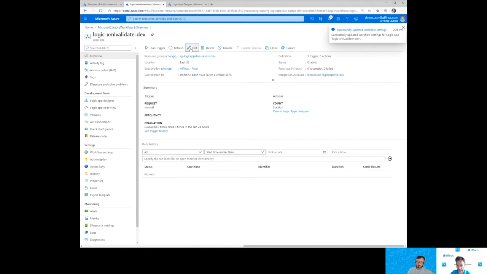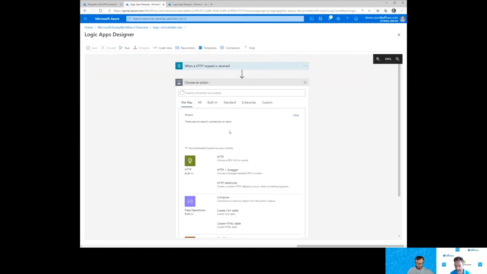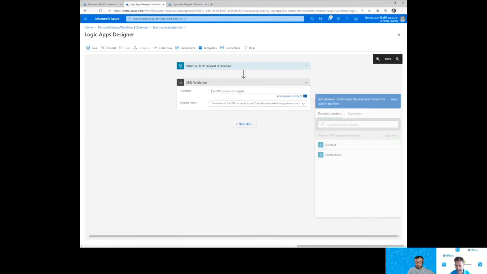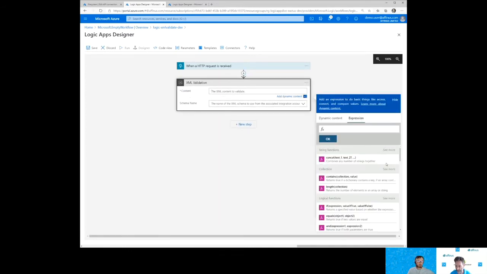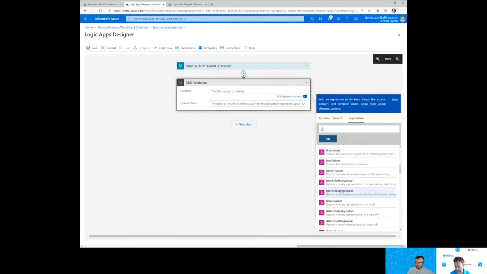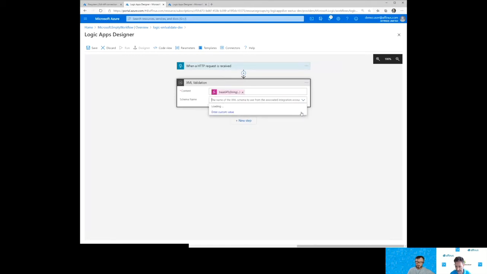Righty. We'll edit the Logic app, and we'll add in that XML validation again. So if you remember what we had in here, we were doing base64 string. And we're taking the content, okay. Now we have the integration account associated, but we haven't uploaded our